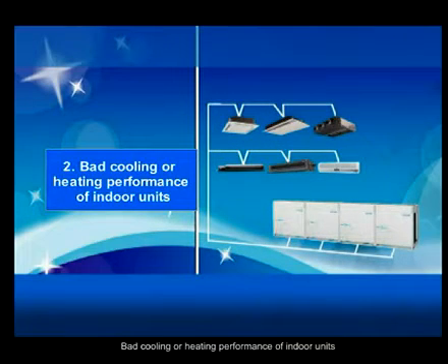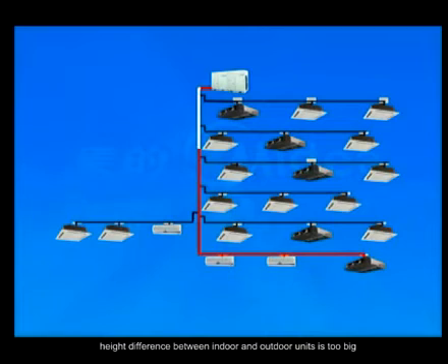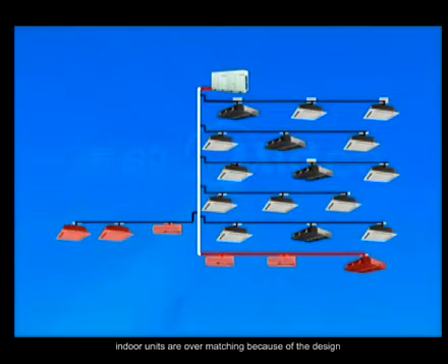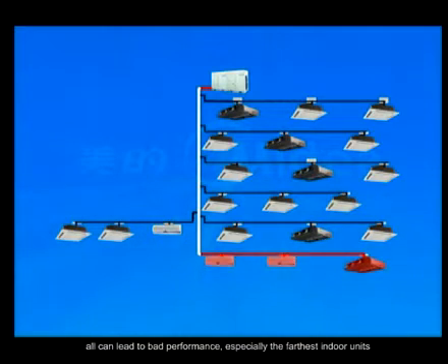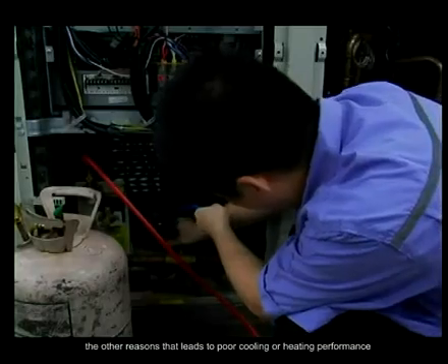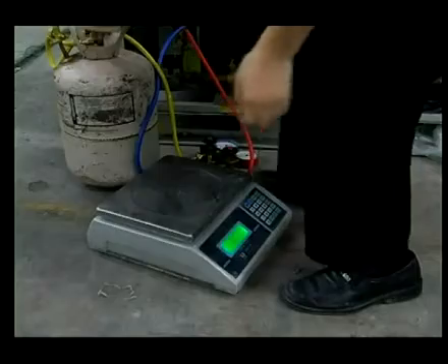Bad cooling or heating performance of indoor units. The system piping being too long, the height difference between indoor and outdoor units being too big, or indoor units being overmatched because of the design can all lead to bad performance, especially in the farthest indoor units. The other reasons that lead to poor cooling or heating performance: